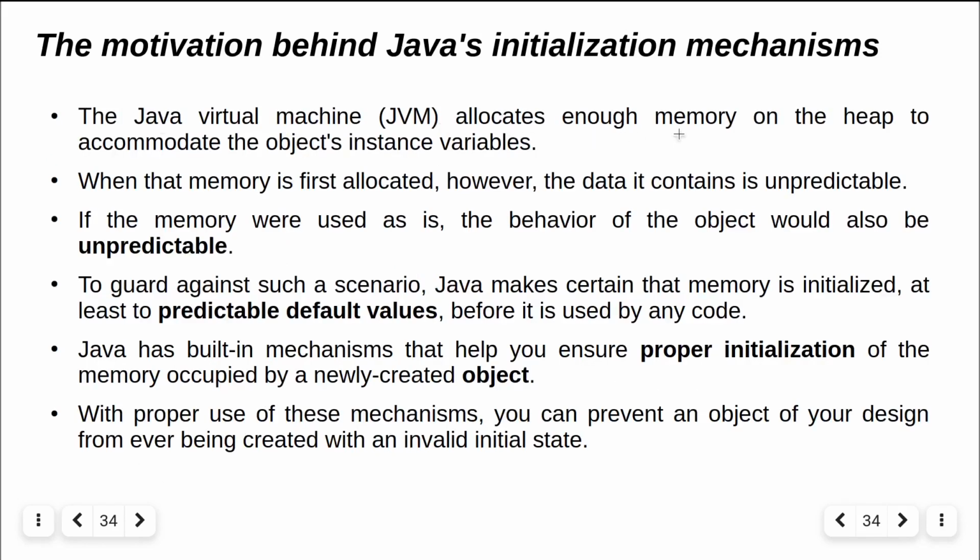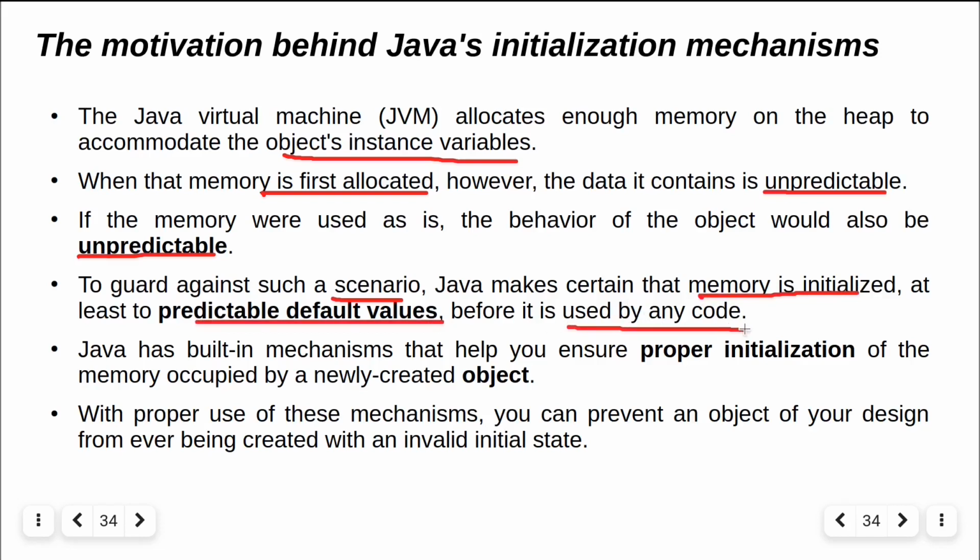The JVM allocates enough memory on the heap to accommodate the object's instance variables. When that memory is first allocated, the data it contains is unpredictable. If you use that memory as it is, the behavior of the object would also be unpredictable. To avoid such scenarios, Java enforces memory initialization at least to predictable default values before it is used